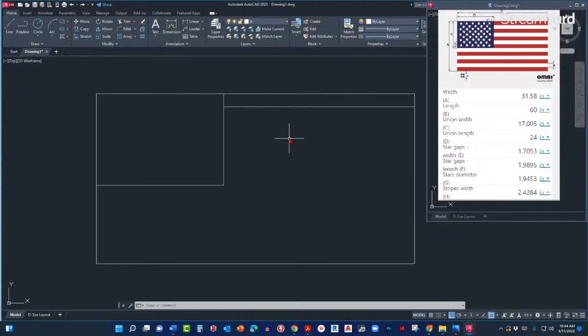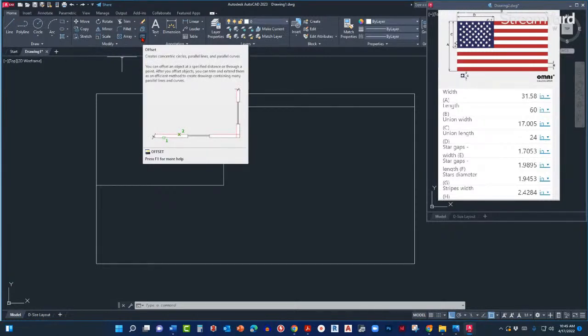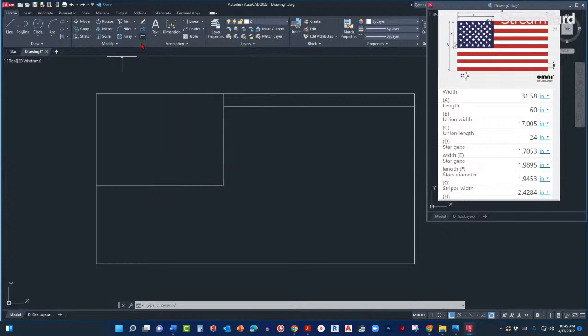And the next command that I want to introduce to you is the offset command. The offset command is a way to modify your existing drawing, because I don't want to draw another line over here to finish the stripes. I'm simply gonna offset it. So if you go over here on the ribbon, the offset command is right here. And again, it creates parallel lines. So I'm gonna use the shortcut, which is O. So once I use O and press enter,